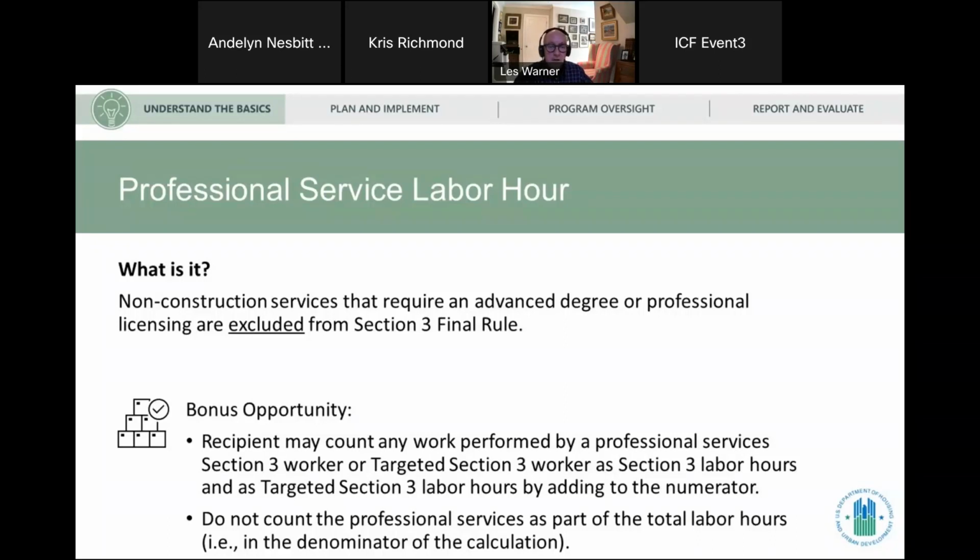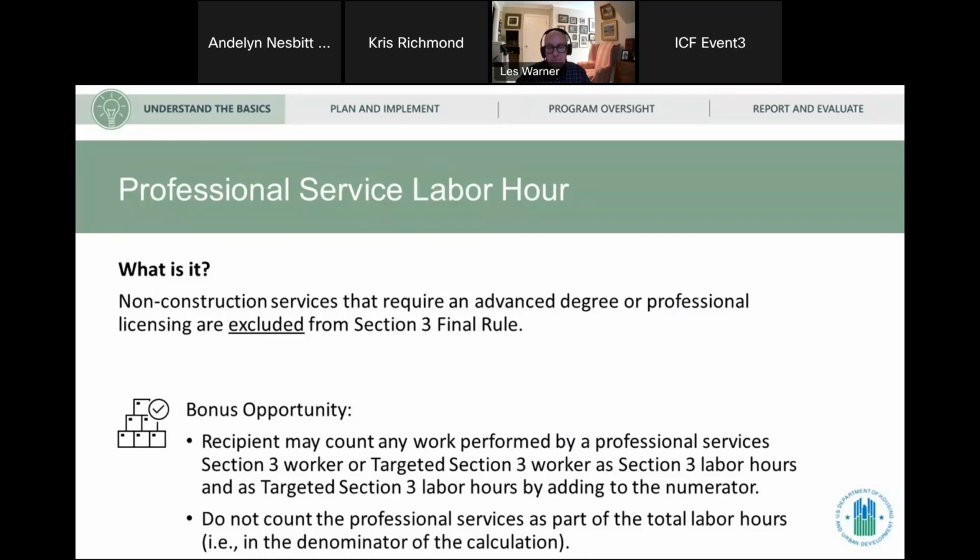Yeah, we're looking at all the labor hours that are related to this. The fact that they're maybe not specifically construction, but are part of the labor hours as part of our construction contract, would be included. Okay, great to know. Thank you.